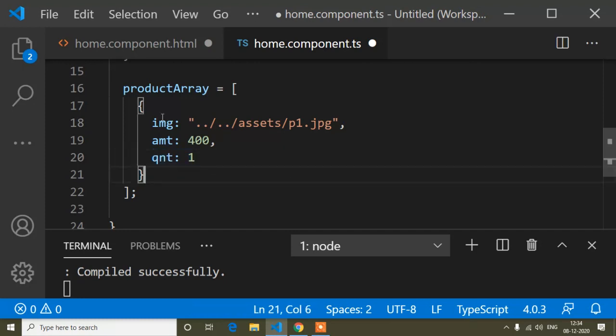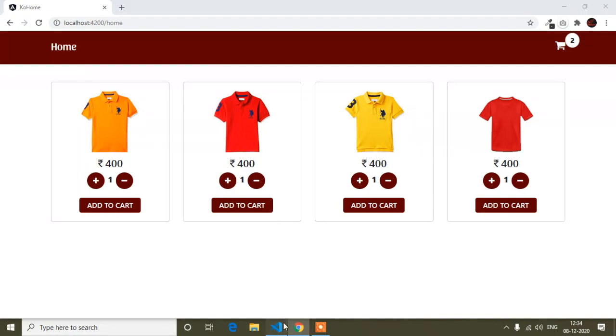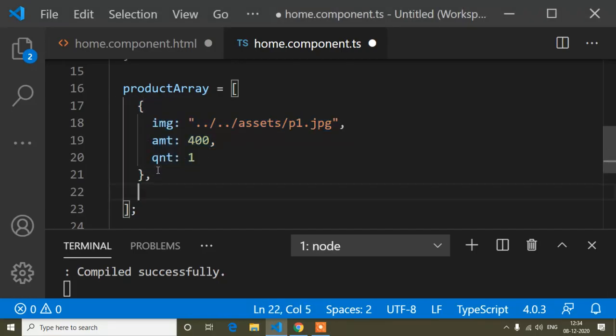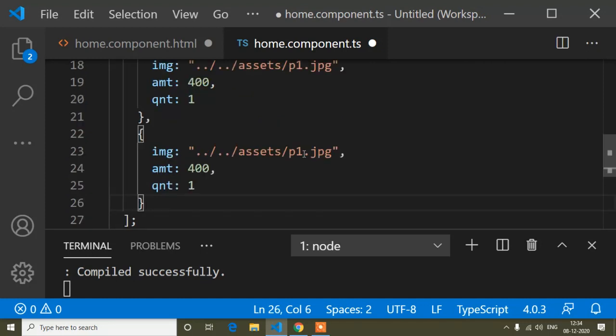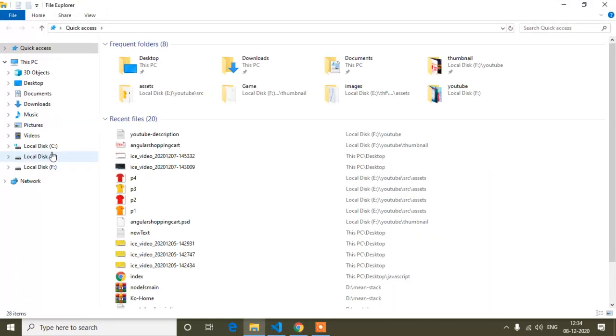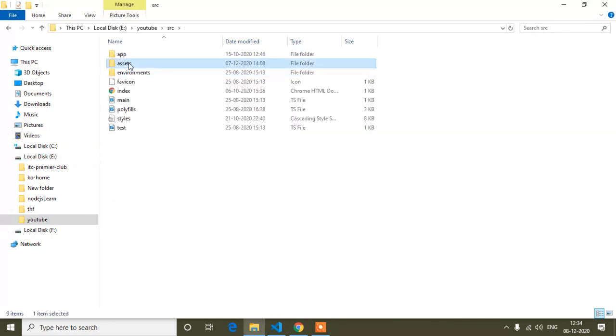And now the one object is completed for one product. Now I will copy this one, and just here I will write a comma and paste. You know guys, for all the products I have the image names P1, P2, P3, P4. If I show here, I will open my project, source, assets.